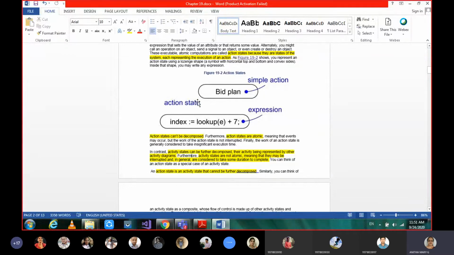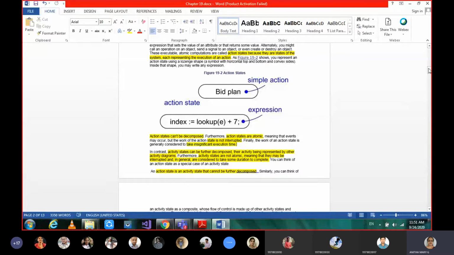These things we call actions. In a small period of time, what is happening cannot be further decomposed and nobody can interrupt it. It happens within a short period of time, so we consider the execution time insignificant. Such things we call action states.